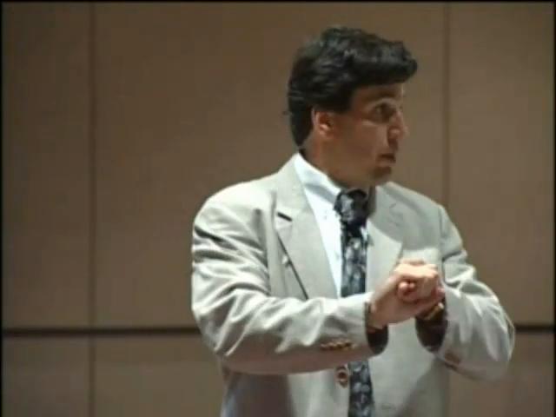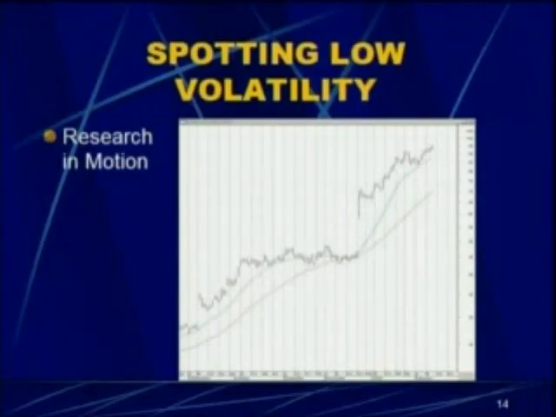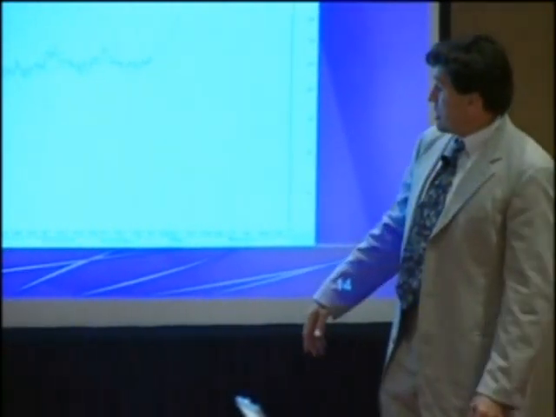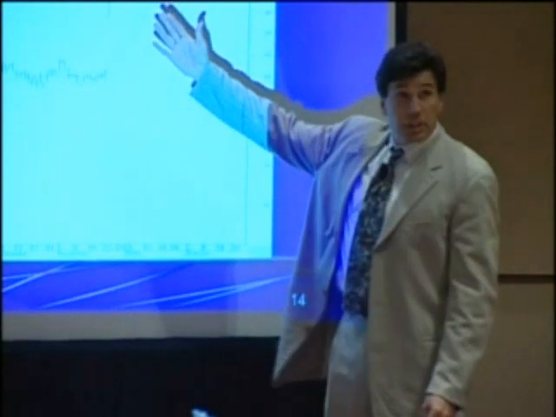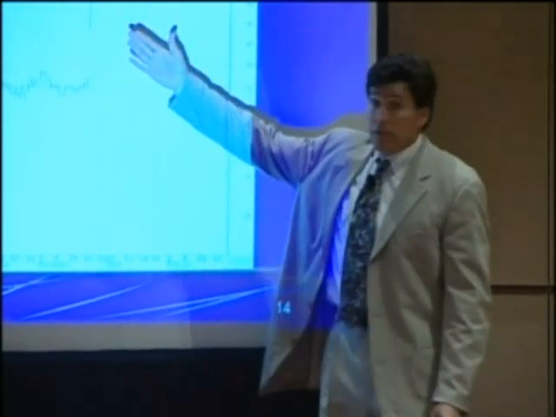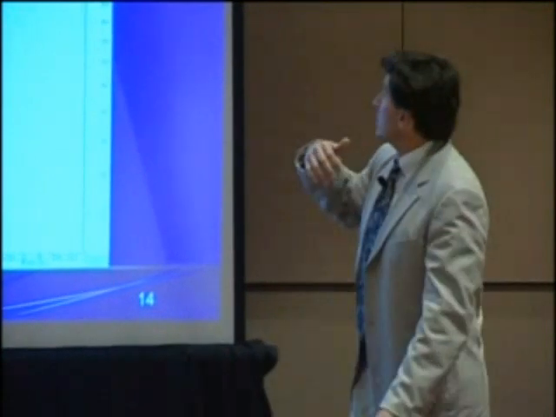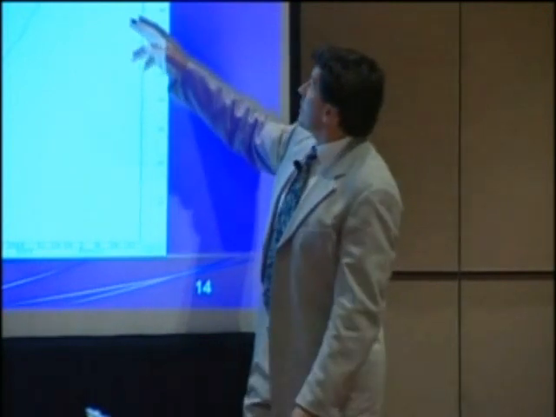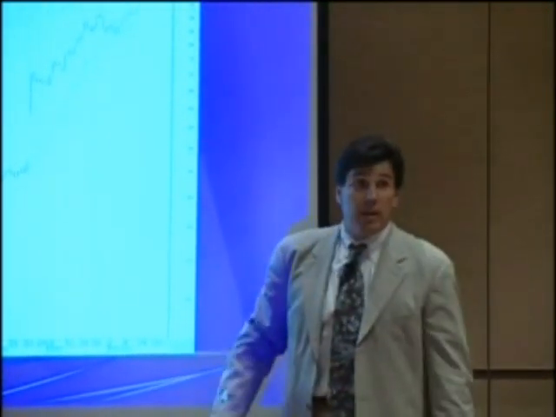The next thing we do is come up with the right strategy, the right entry price, and the right exit strategy. In this particular instance, Research In Motion, we got kind of fortunate. The stock was flat right in here. Remember, it's flat right in here. We put the position on, and then Research In Motion came out with earnings, and it surprised everyone, and then you had a little bit of a short squeeze. I should have updated this chart, but I didn't. It actually got up somewhere up in there.